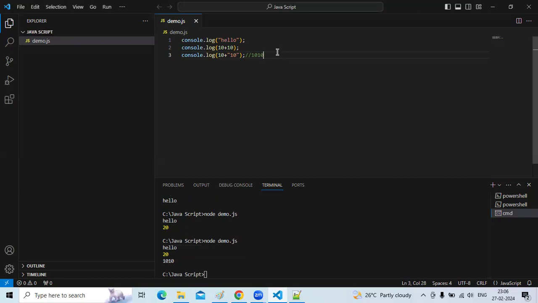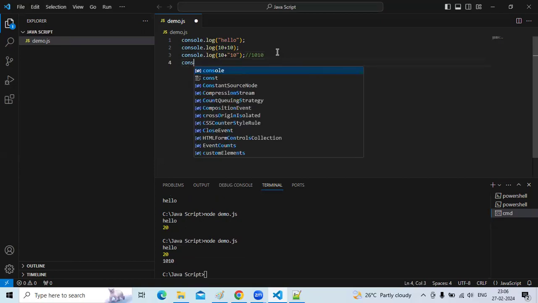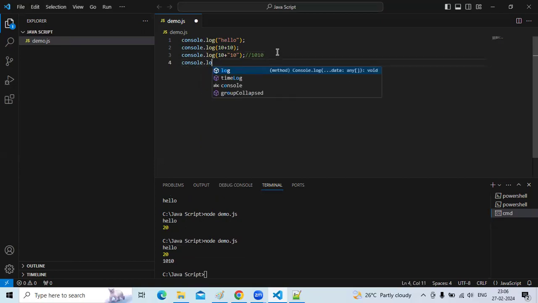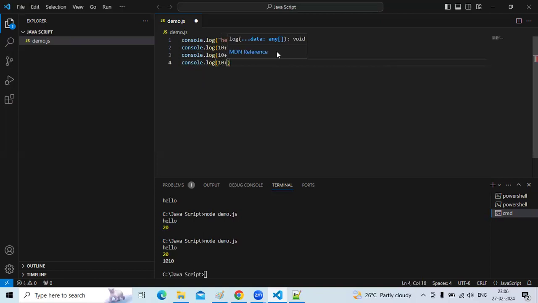And again, taking another example, console.log of 10 plus, then a string, 10. See, here on the left side I am taking a number, and on the right side I am taking a string.